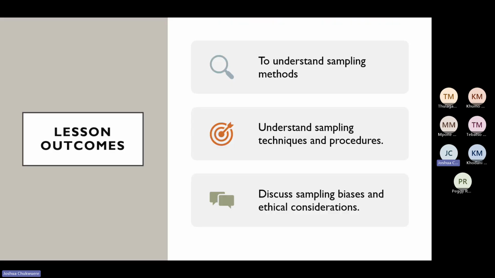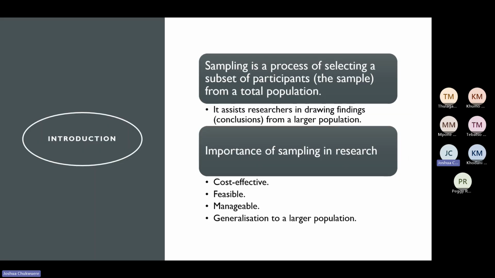So at the end of this lesson, you are going to be able to understand what sampling method is all about, understand sampling techniques and procedures, discuss sampling bias, and ethical considerations. These are the three, and many other outcomes which you are going to get used to at the end of this